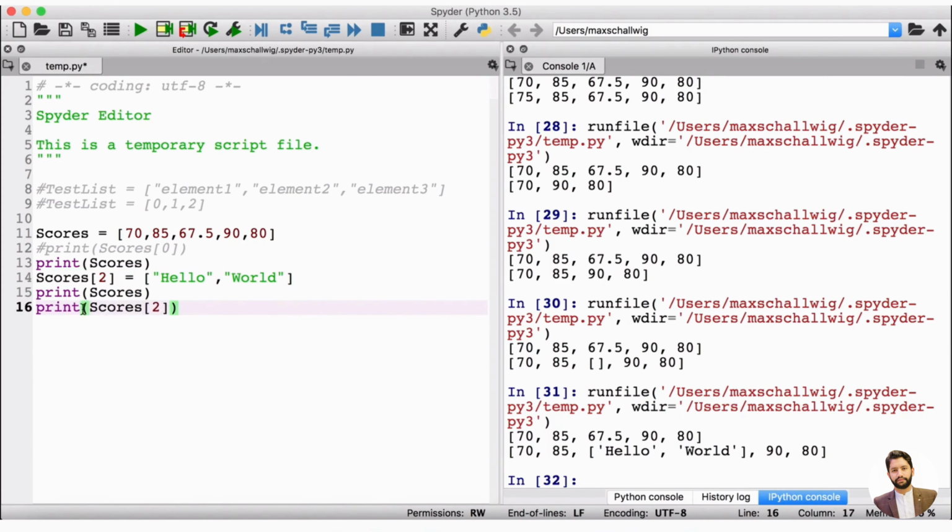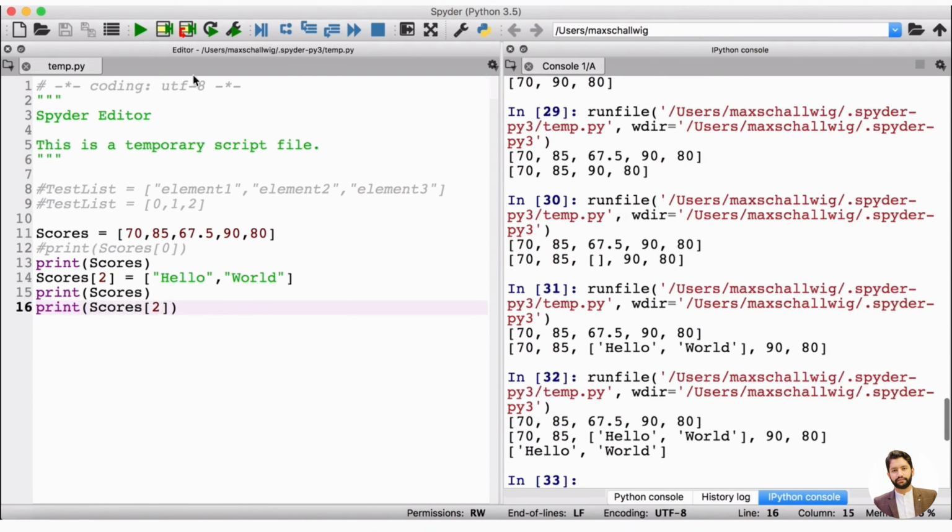So we do that. We put in the print function, and we put inside the variable here, and then we open and close the square brackets behind the variable name to indicate that we want to access the element, and then we put in the number or the index of the element that we want to access, in this case 2. So if we run this, we can see,